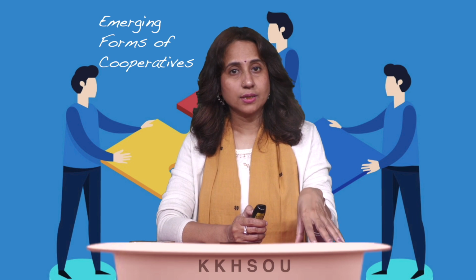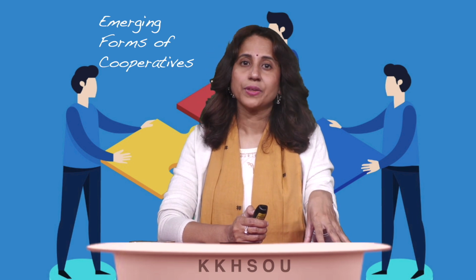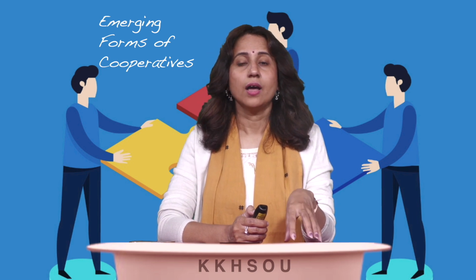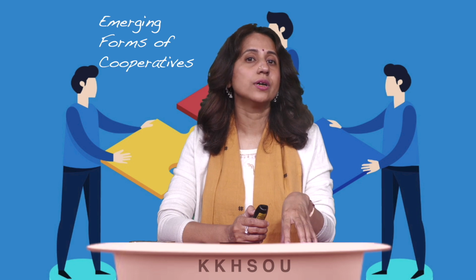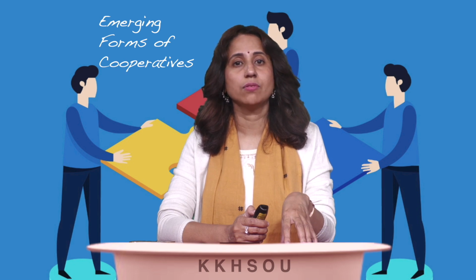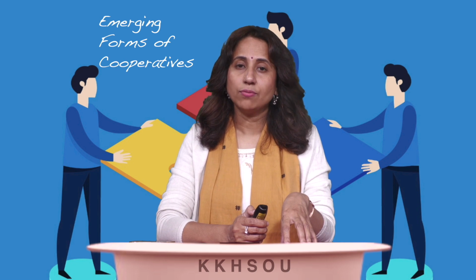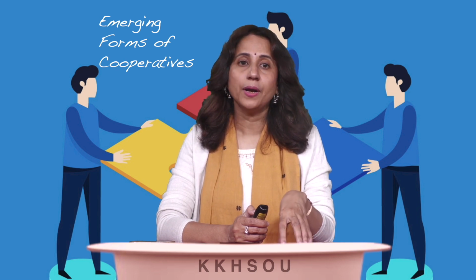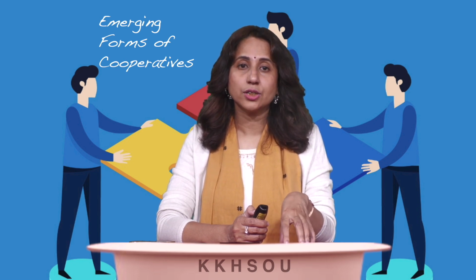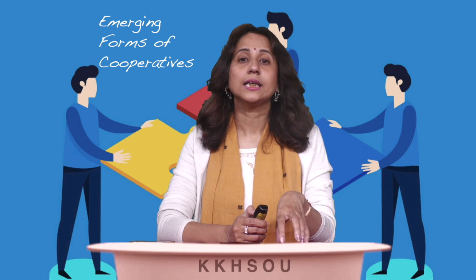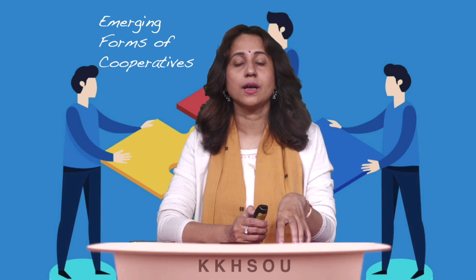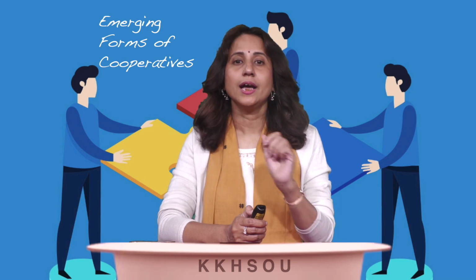This we have already discussed in our previous videos, and these organizations have helped farmers secure remunerative prices and reduce their vulnerability to market fluctuations. The development of the electronic national agriculture market (eNAM) and reforms in agriculture marketing laws are creating new opportunities and challenges